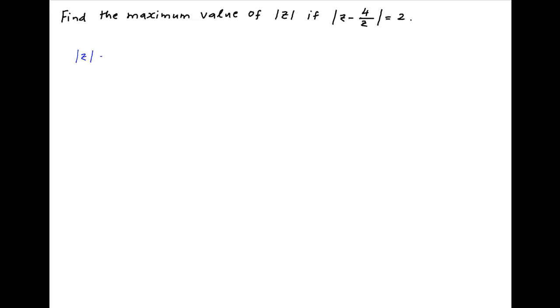Absolute value of z can be expressed as the absolute value of z minus 4 upon z plus 4 upon z. Now recall that the absolute value of the sum of two numbers x and y is less than or equal to the sum of the absolute values of each of those two numbers. Using this result,